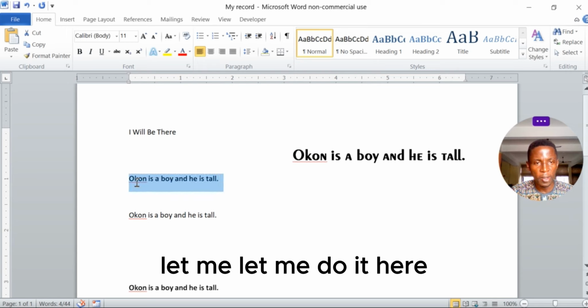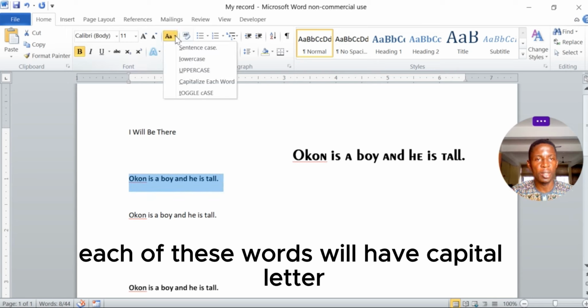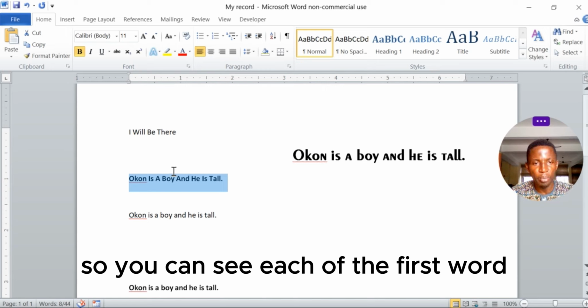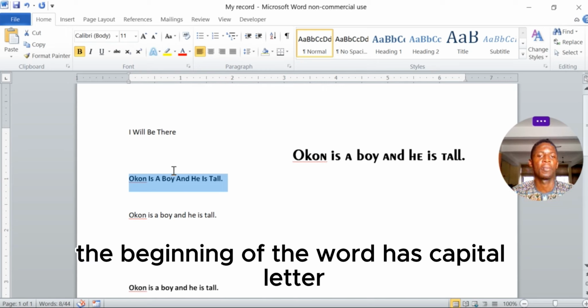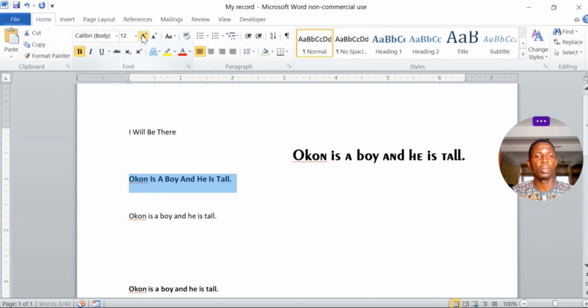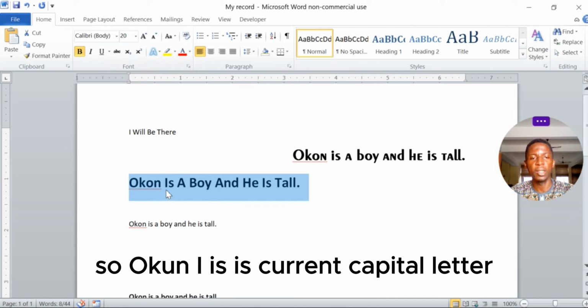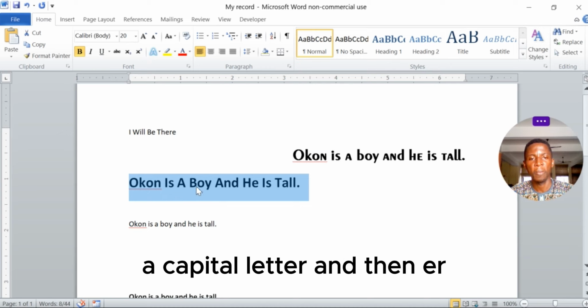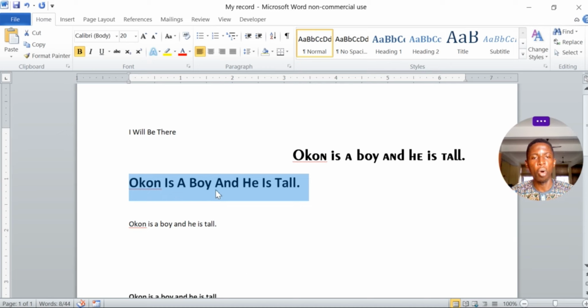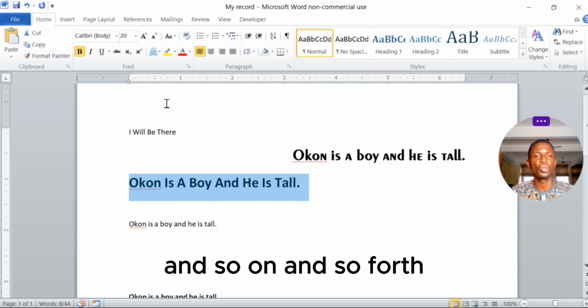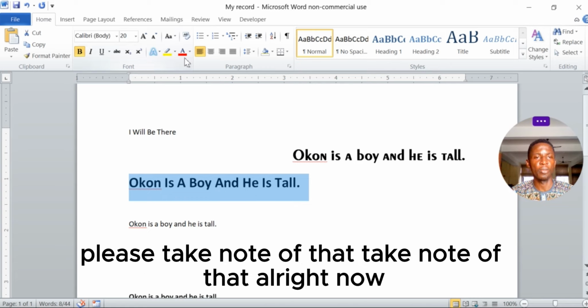Let me do it here. Each of these words will have a capital letter. Capitalize Each Word, so you can see the beginning of each word has a capital letter. Let me maximize it, grow it, so that you see what I'm talking about. So I is carrying a capital letter, A a capital letter, and then boy a capital letter, beginning with a capital letter, and so on and so forth. Please take note of that. All right, now